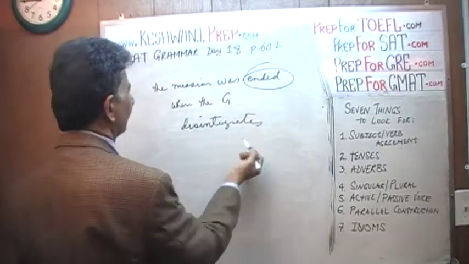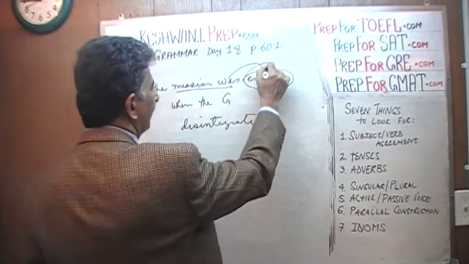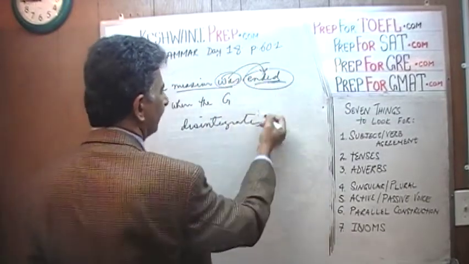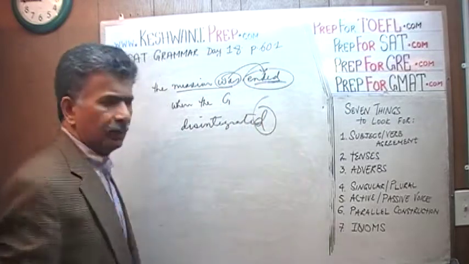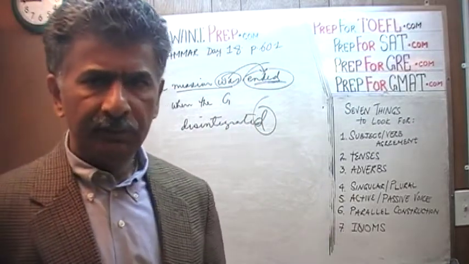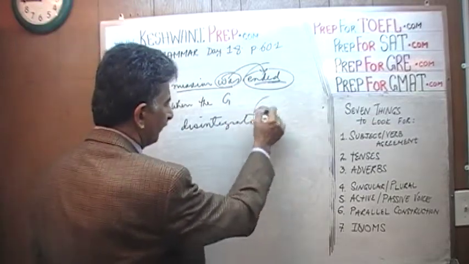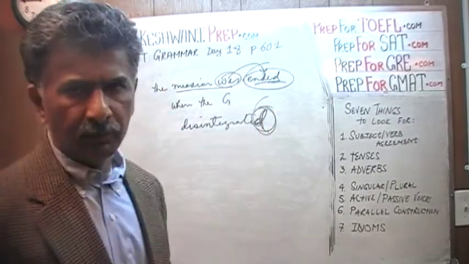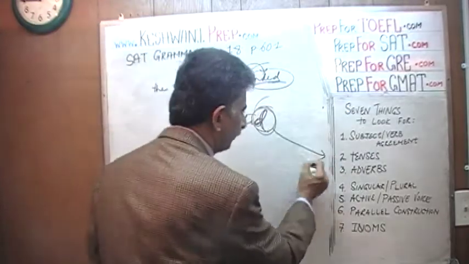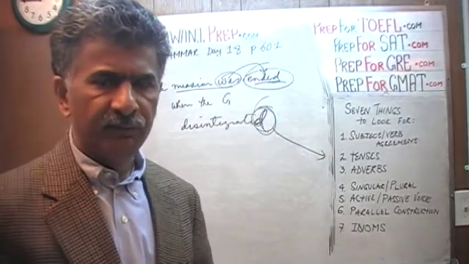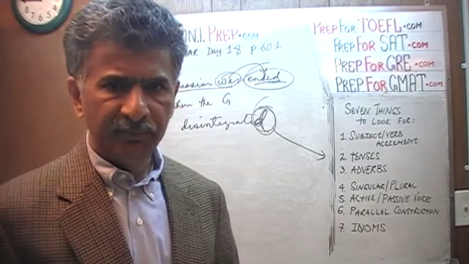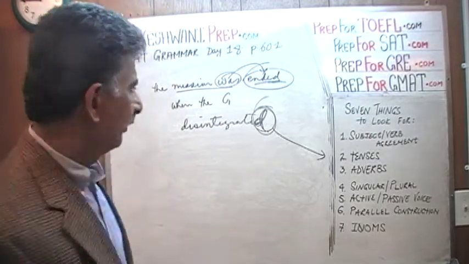It's in the past tense. The mission was ended. Why was it ended? Because it disintegrated, not disintegrates. This is written in the present tense. It has to be disintegrated. That's all. It was in the wrong tense. If the sentence starts out in the past tense, it must remain in the past tense. That's all. Number 2.